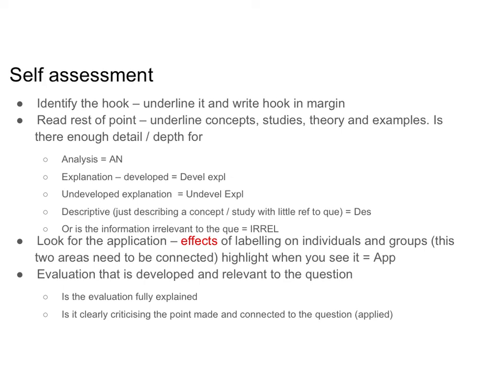You need to make an evaluation point that is directly critical of any point that you've made about the effect of labelling on groups and individuals. So that's what you're looking for. And then you'll do the same again for the next point. Once you've identified the areas that are perhaps a little weak or you haven't done from this list, you then need to improve your work. So you need to add improvements based on what you've missed from this list. Depending on how you're doing this, perhaps you've already answered it, and at this point you are now going to improve it. Okay, thank you.